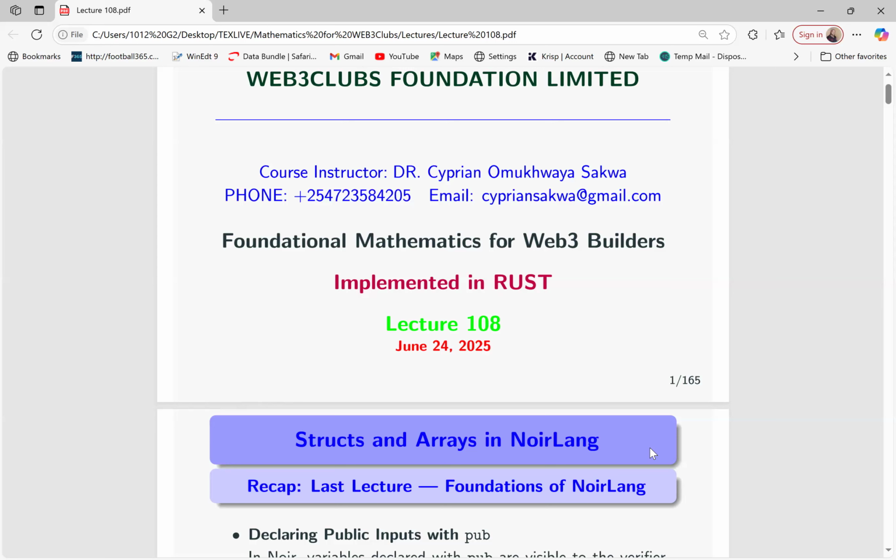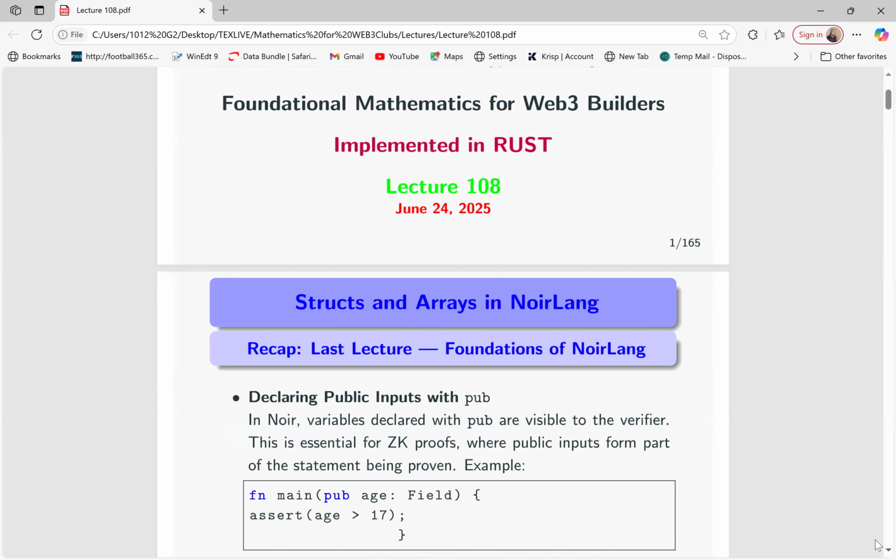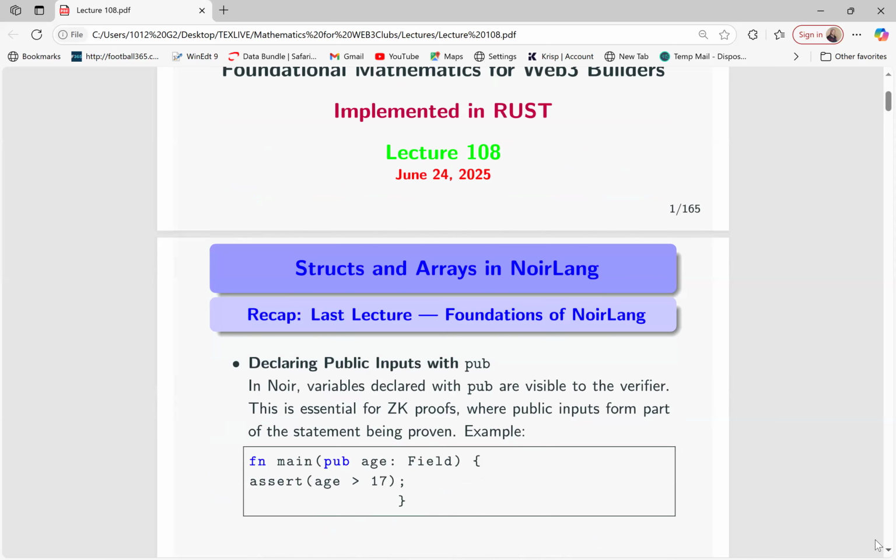And as we look at examples, it's not always that we'll be using structs and arrays as we write, but there are areas where we can use structs and arrays, and there are areas where we cannot use them because Noir is still evolving. So it has not been fully incorporated. It is a good thing. So that's why we are looking at it today. So we'll see how to declare